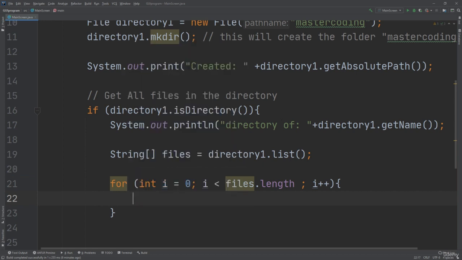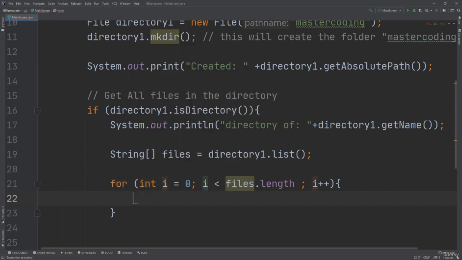Now, inside the directory, there may be another directory, and I don't need to list this directory. I need to print only the files. So if